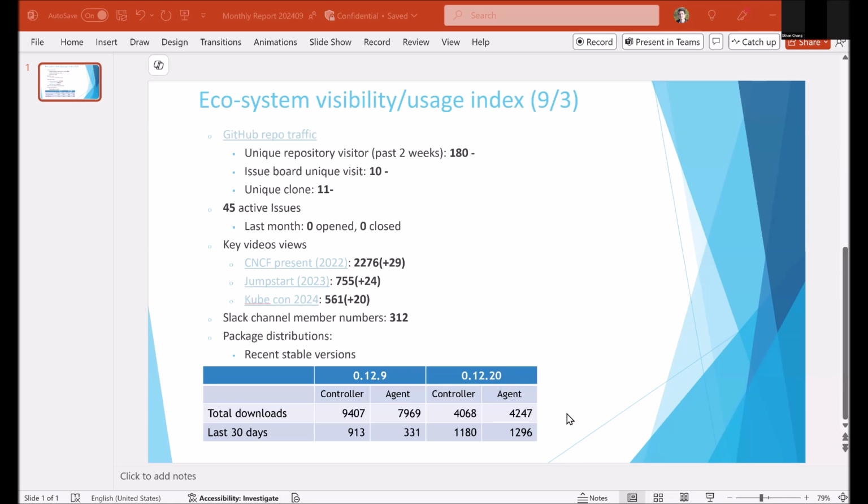And then finally, we can see there are still lots of downloads for the two key versions, 0.12.9 and 0.12.20, since last month. So at least people are still using it and downloading it. That's a good sign.